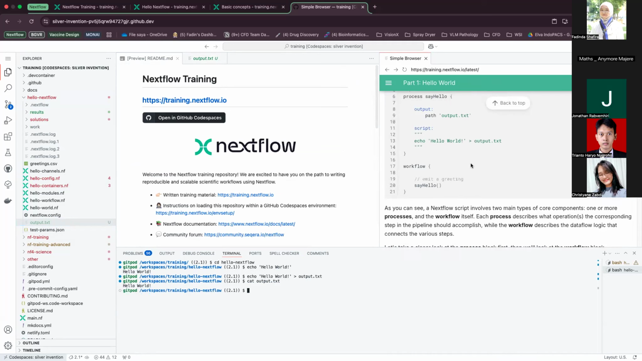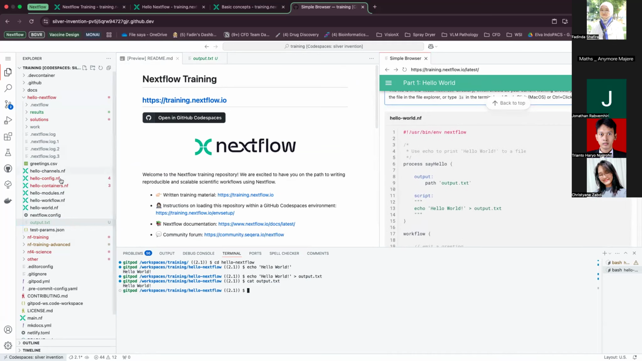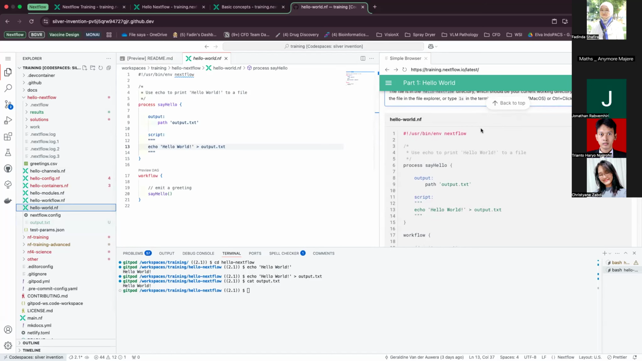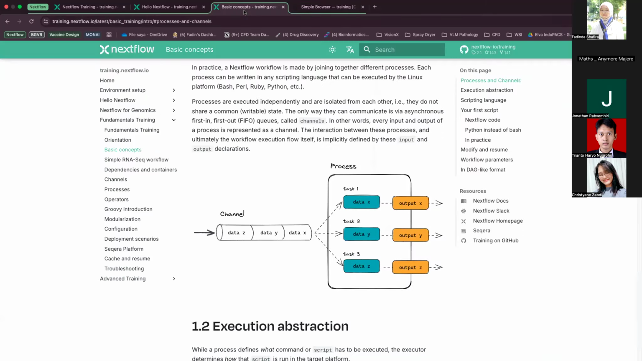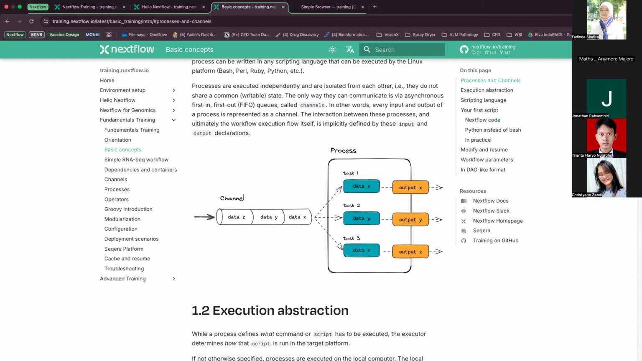Okay, so in Nextflow, we are going to open hello-world.nf. In Nextflow, the script has the file format .nf, and in here they use parts called process and workflow. So what is a process and a workflow? These are the basic concepts of Nextflow, and they are the difference between it and other workflow management systems for